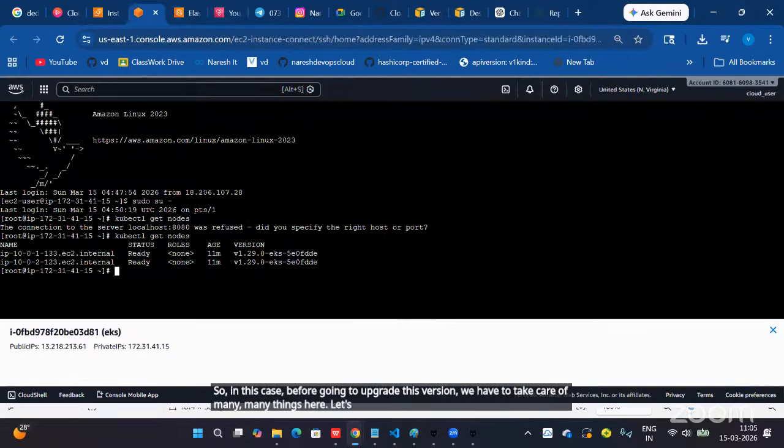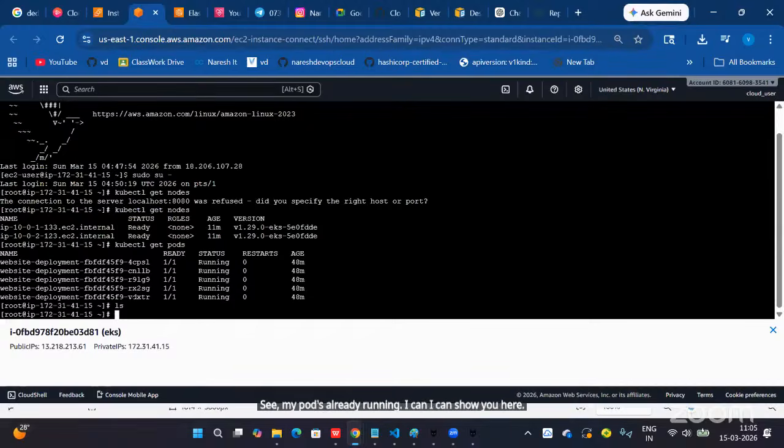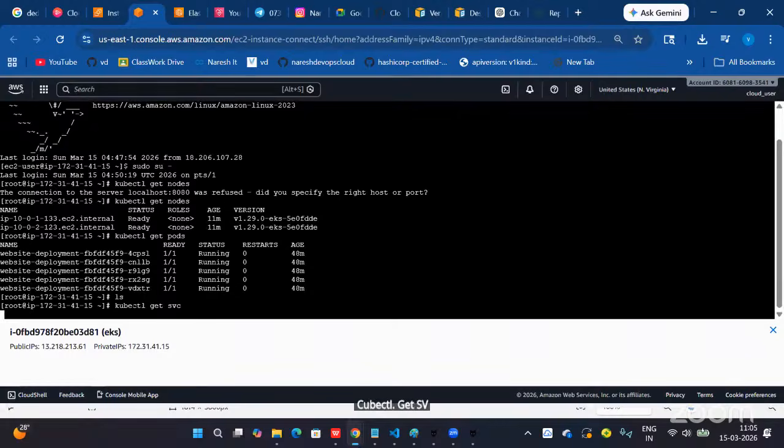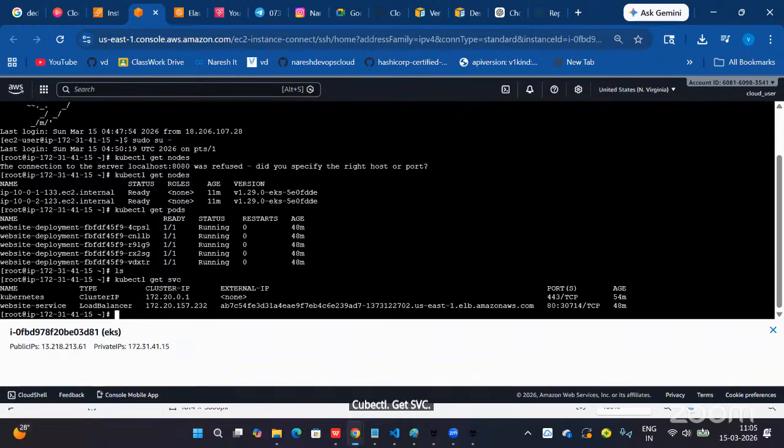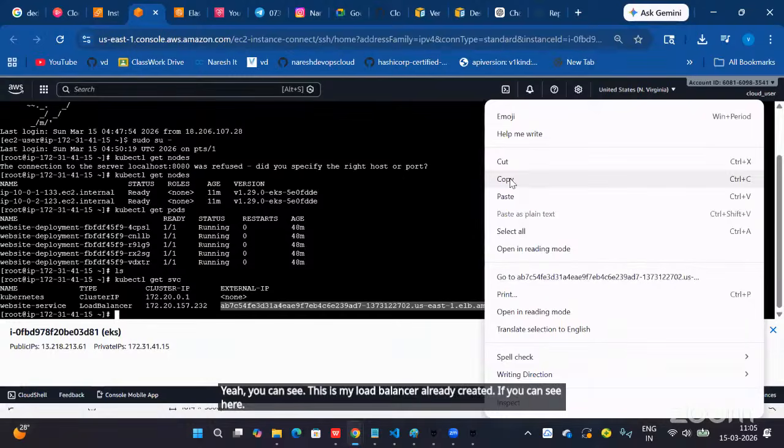Let's say, guys, my pods are already running here. See, my pods are already running. I can show you here. kubectl get svc. Yeah, you can see this is my load balancer, already created. Copy.